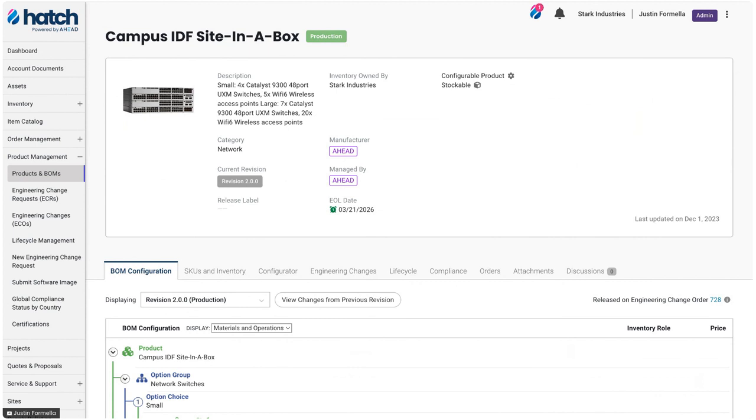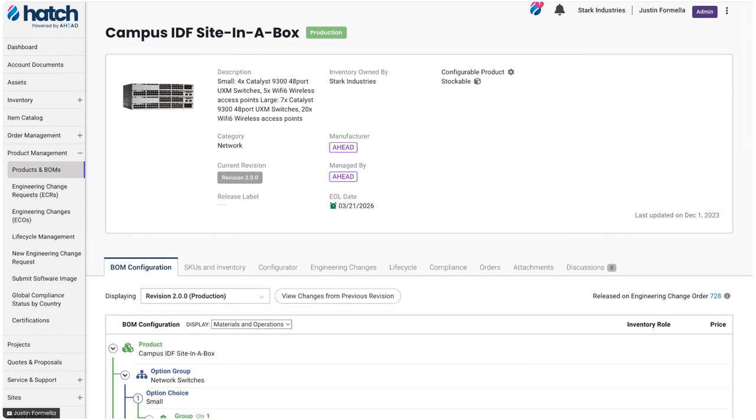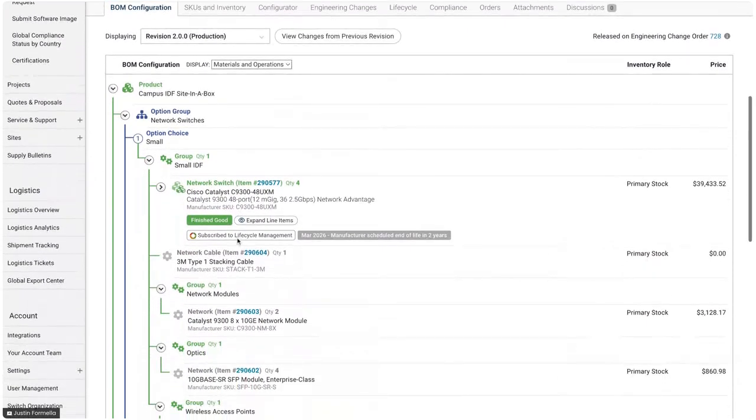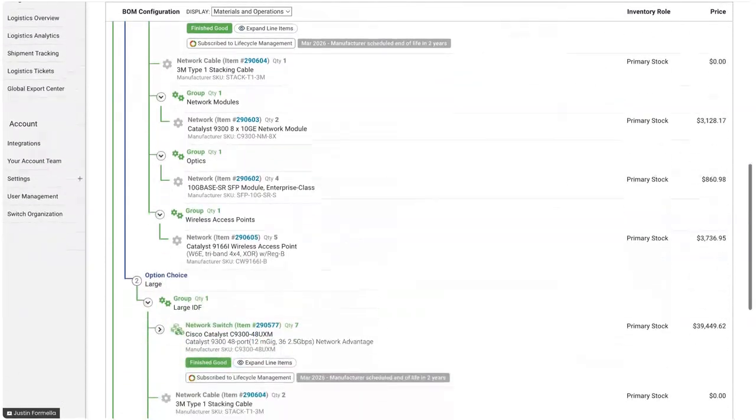More and more IT teams want to deal with the environment almost as if it's no different than the cloud. They want to deal with an environment out there in which they can just push software and orchestrate and have a guarantee, have an expectation that what's in the field matches what they expect. And what we have is a set of tools that allow us to create a bill of materials for whatever a site can look like. This can be a mix of the storage, the networking, the access points, the compute, all in one place.